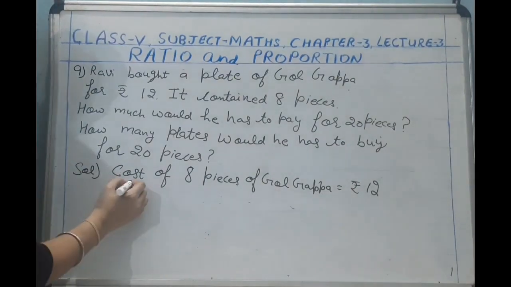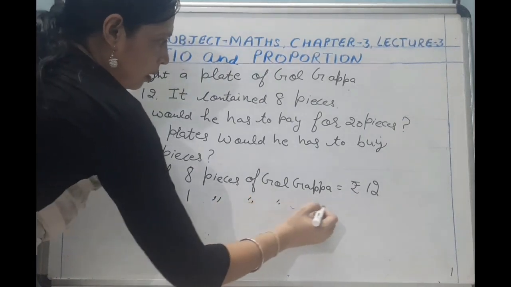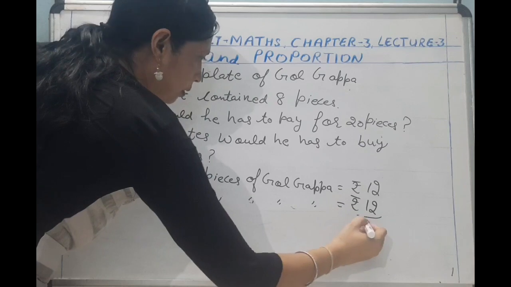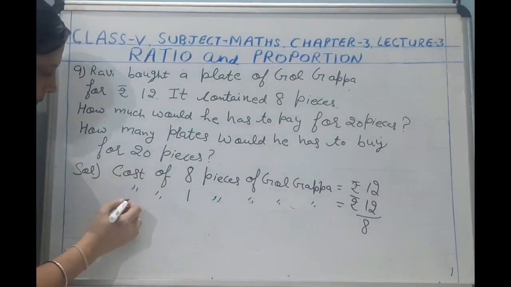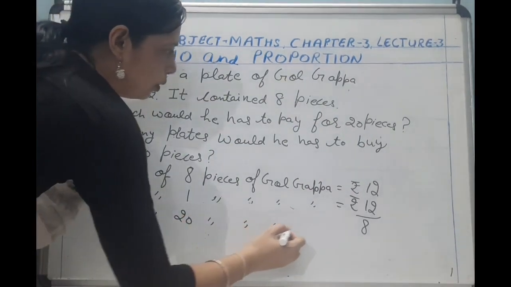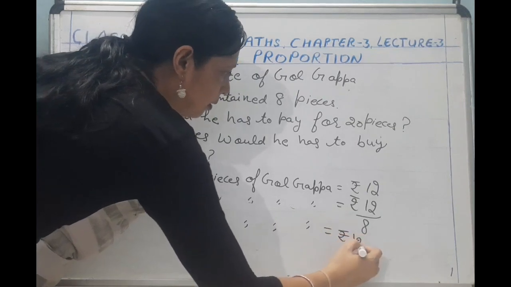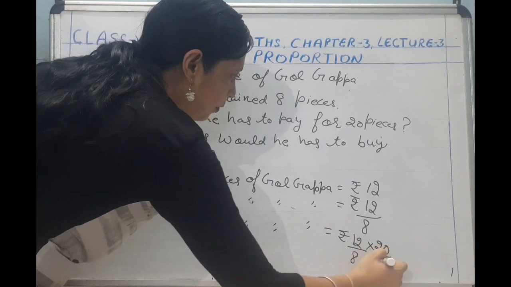So cost of one piece is rupees 12 divided by 8. और कितने परचेज के 20 पीसेस. So cost of 20 pieces of Golgappas is rupees 12 upon 8 multiplied by 20, or we can write 20